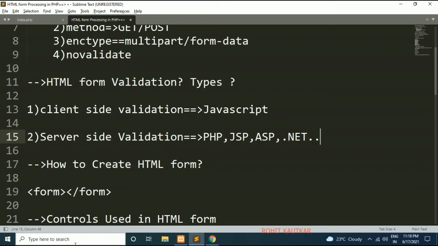Server side validation is far more secure than client side validation, as the user cannot see the code even if he tries to view the source code of your web page. But in case of client side, you can view the source code and you can see what code is implemented in order to perform the validation. So friends, if possible, you should go with server side validation for validating your data.